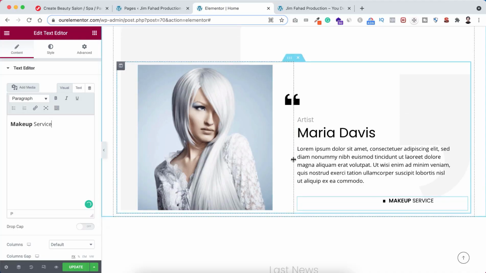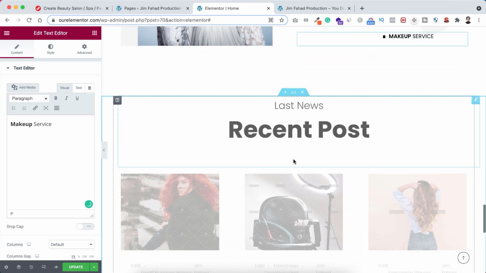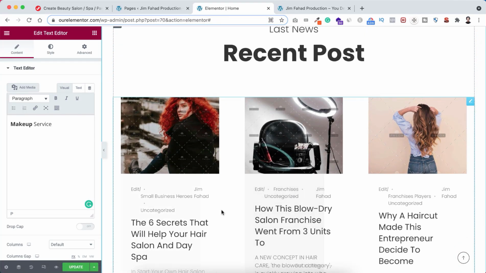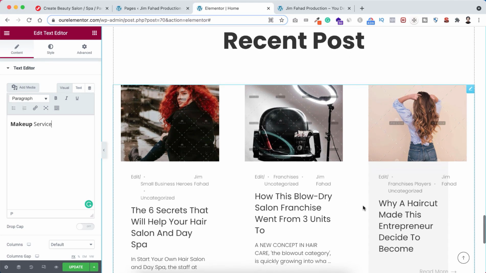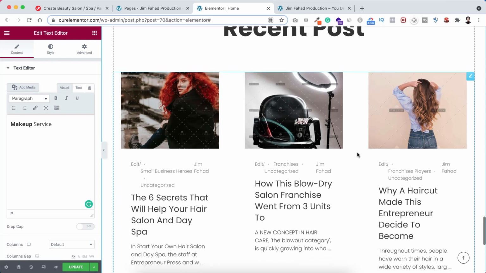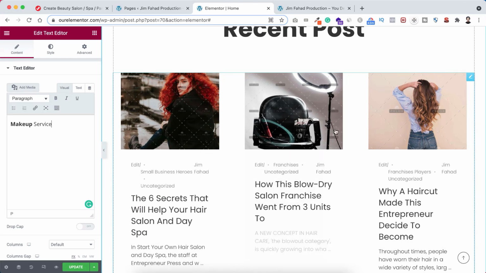Alright, now let's go to the next section. This is the recent post section. So all these are coming from your blog posts. I will talk about this section after creating our blog page. I will also show you how to create a blog, how to write a blog from scratch, and how to create your blog page. So these 3 blog posts are coming from your blogs,